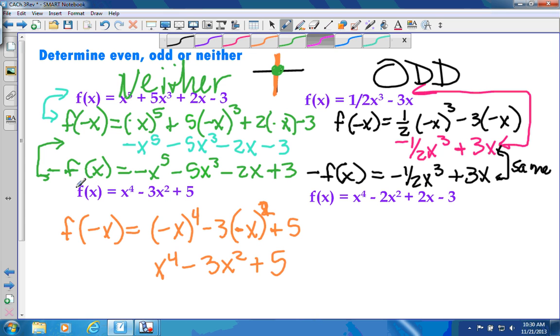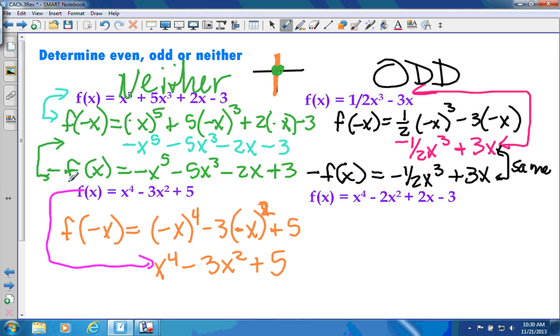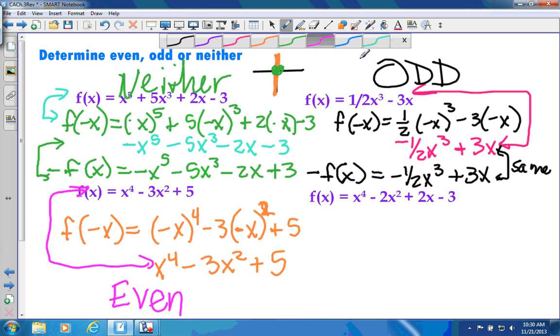And in this case, these two things are already the same, so we don't have to check for it being odd, because then we know that it is even. And in our last example,